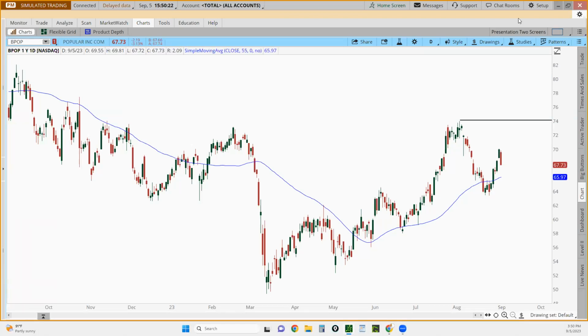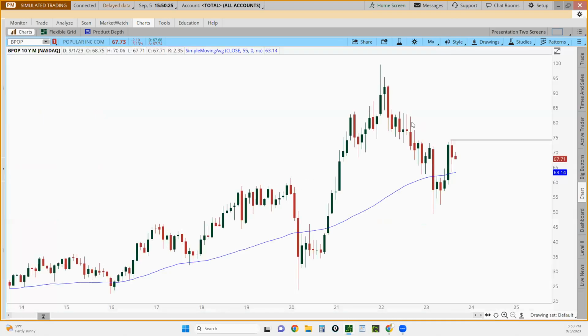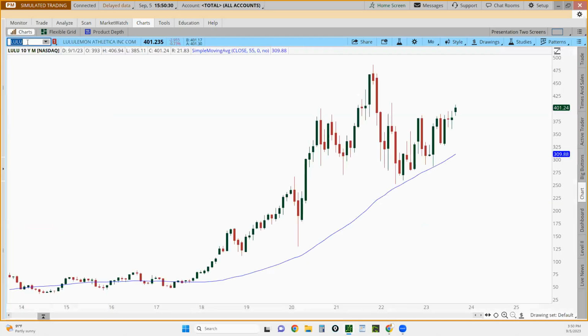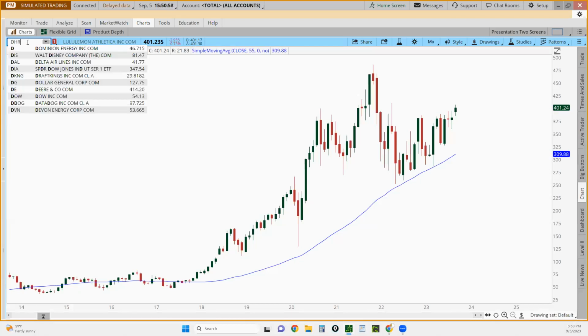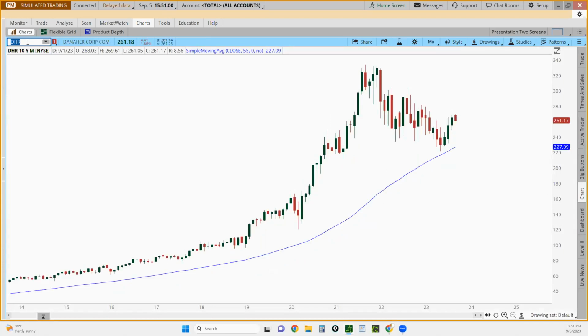What about this company right here? Let me go back to a bigger time frame. What about this company right here? Let's see here. Lunaman. What do you think is going to happen to a company like this? This is a company that is already on its way to new all-time highs. Don't let the price, the $400, deter you. You don't have to buy this stock. You can go find ones that are cheaper, but it's about understanding what to look for. Look at this company, getting ready to do something.